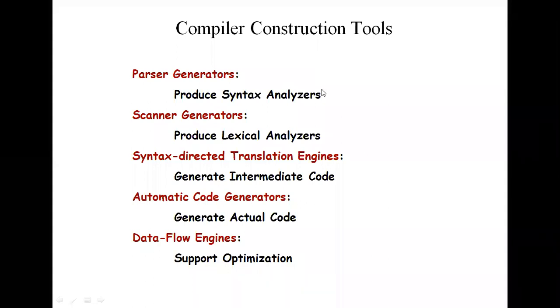And what is the next tool? The next tool is a syntax directed translation engine. The parse tree is scanned completely to generate an intermediate code. By using this tool, the task it performs is, from the syntax, the parse tree is scanned completely to generate an intermediate code. Means the translation is done for each and every node in a tree.